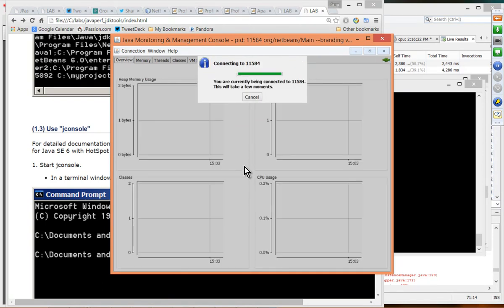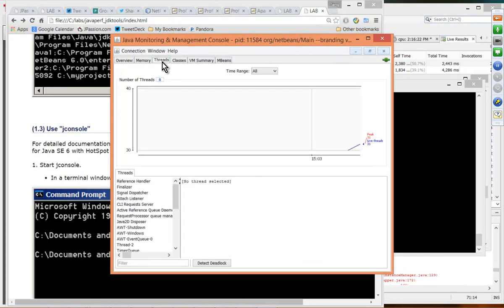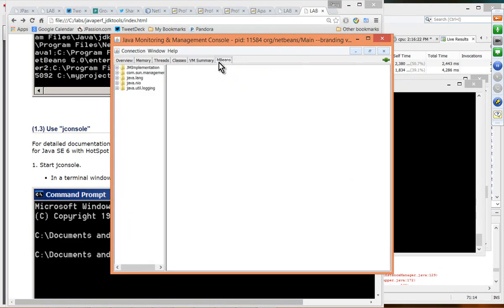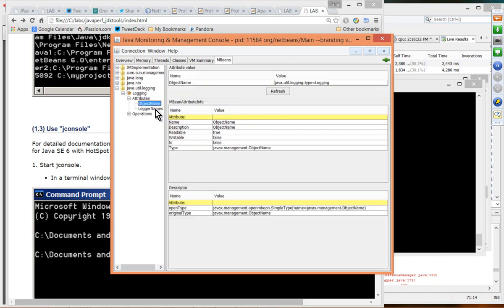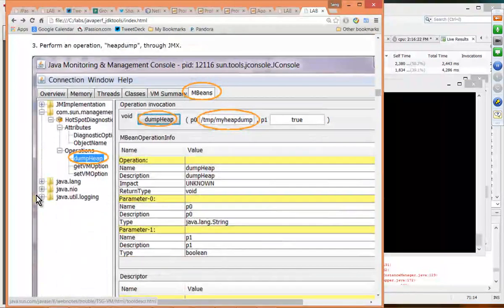NQ access. Okay, so you can get the memory usage, thread information, classes being used, VM summary, and you can even have MBeans. So this is actually related to the JVM. The JVM comes with a lot of management information, like logging information, object names, logger names, and things like that. JConsole comes with the JDK. So that is JConsole, and I showed you all this,